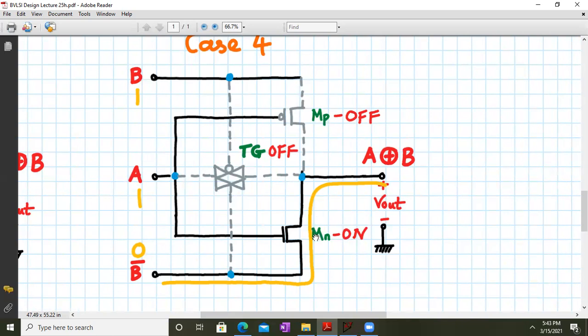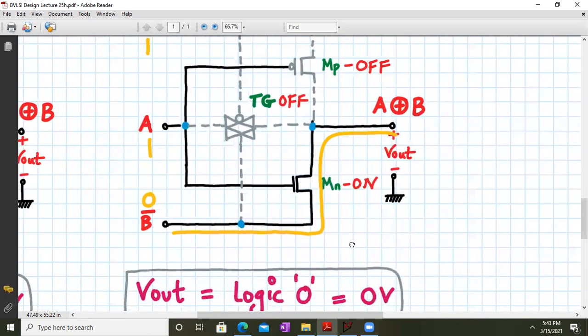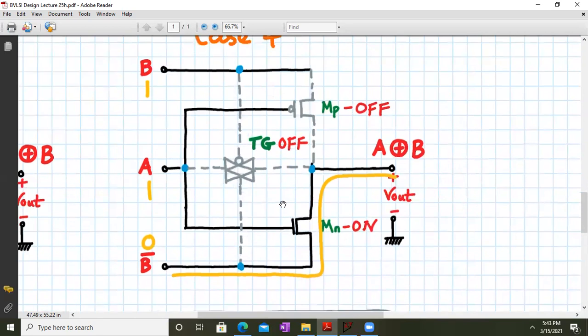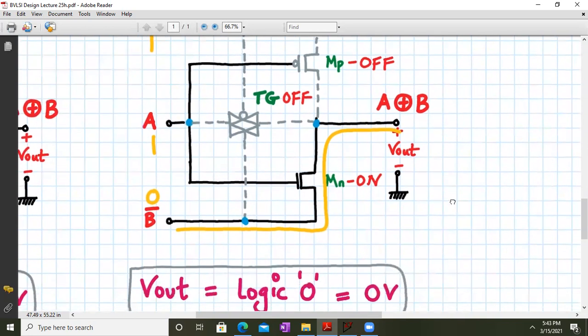And this MP and MN forms a CMOS inverter because at the source terminal of your PMOS transistor we have a VDD connected, that is logic 1, and at the source terminal of NMOS we have a ground. So this acts as a CMOS inverter, MP and MN combination, and since we have applied logic 1, we'll get at the output a strong logic 0. Another explanation will be that once you apply a logic 1 over here, it will turn on this NMOS pass transistor and it will pass a strong logic 0 at the output. So that's another explanation for the same thing.